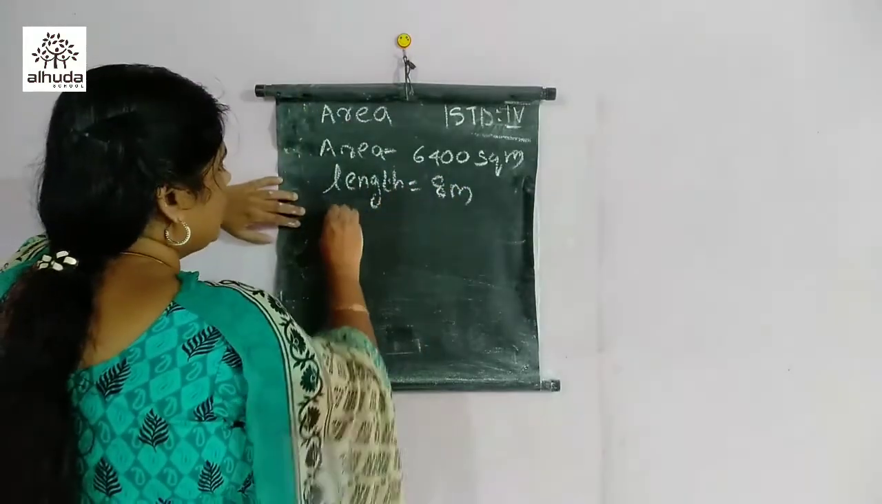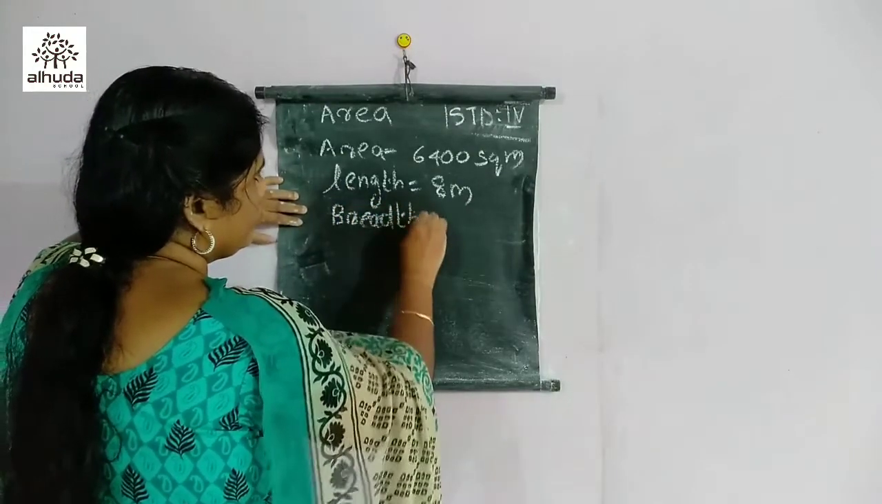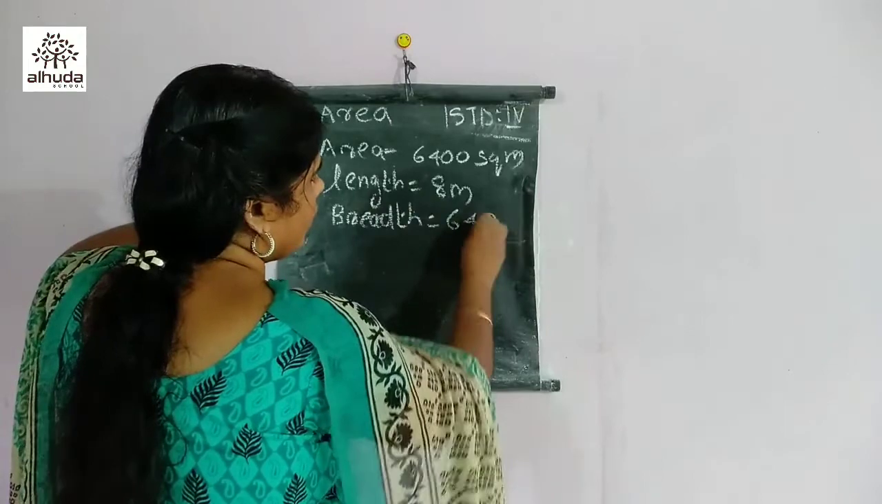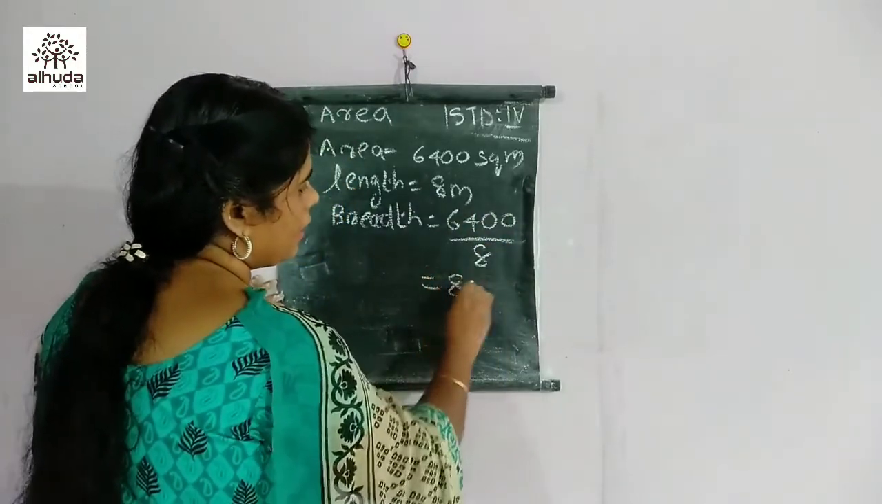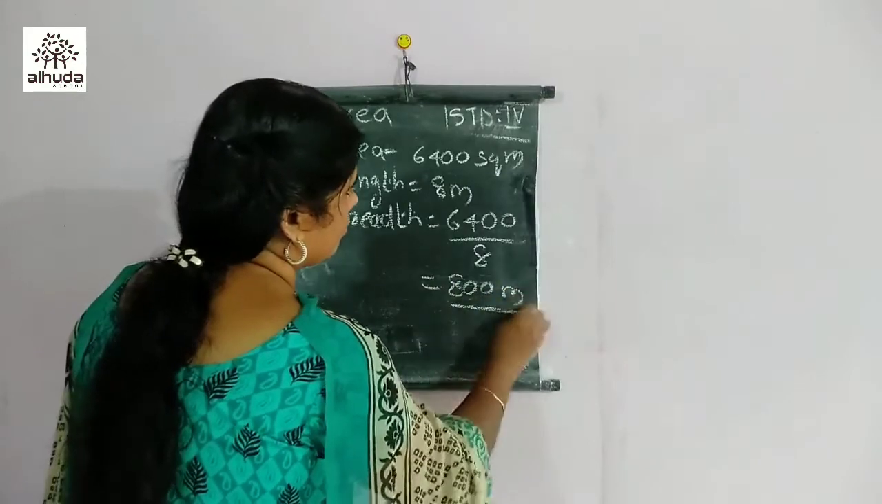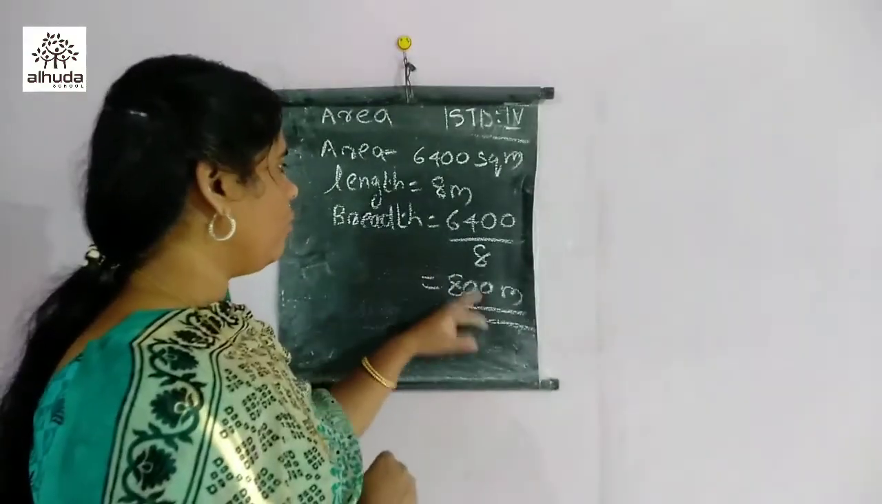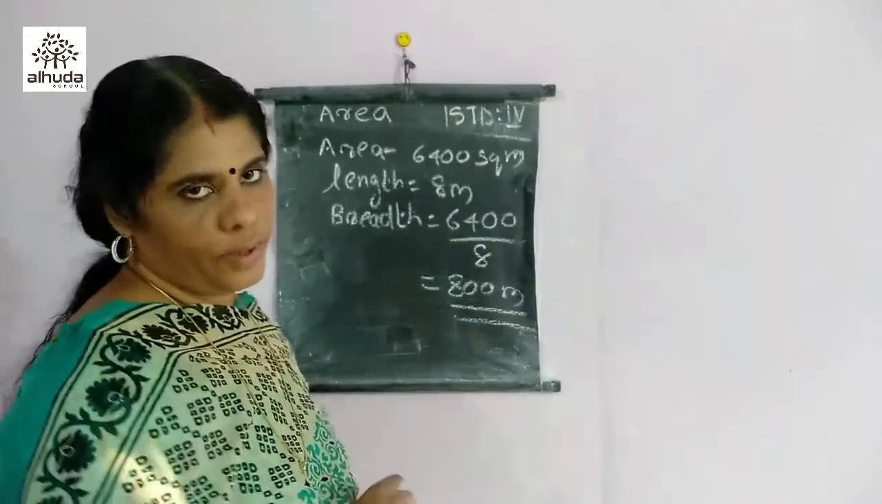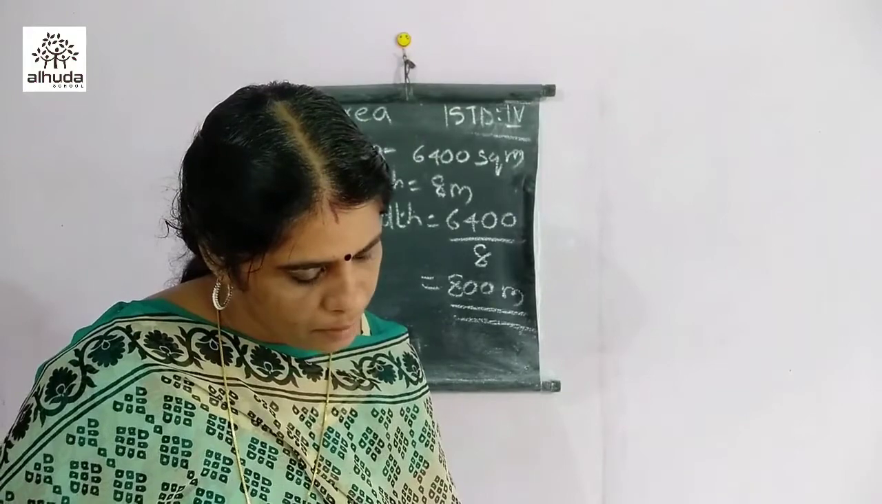So breadth is equal to 6400 divided by 8, which is equal to 800 meter. That is the breadth of this figure. Next coming